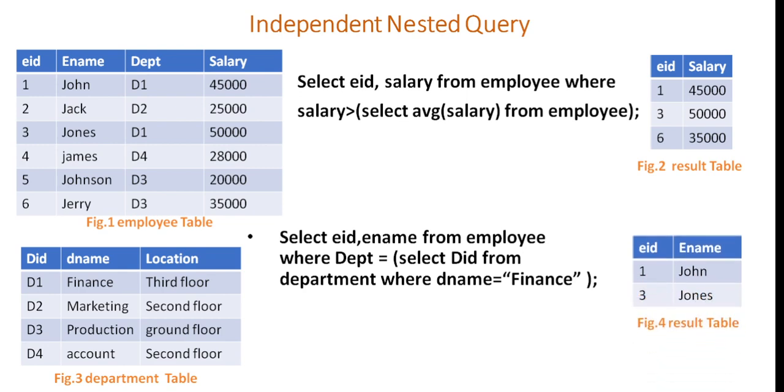Okay, then you will get this output. At the right hand side, the fourth table, you can see employee ID 1 and employee ID 3 are from finance department. When you look at the employee table, you can just find out the department IDs, but just looking at those department IDs you cannot identify the name of department. So to display data for any of the employee working in any department, you need to combine these two tables.